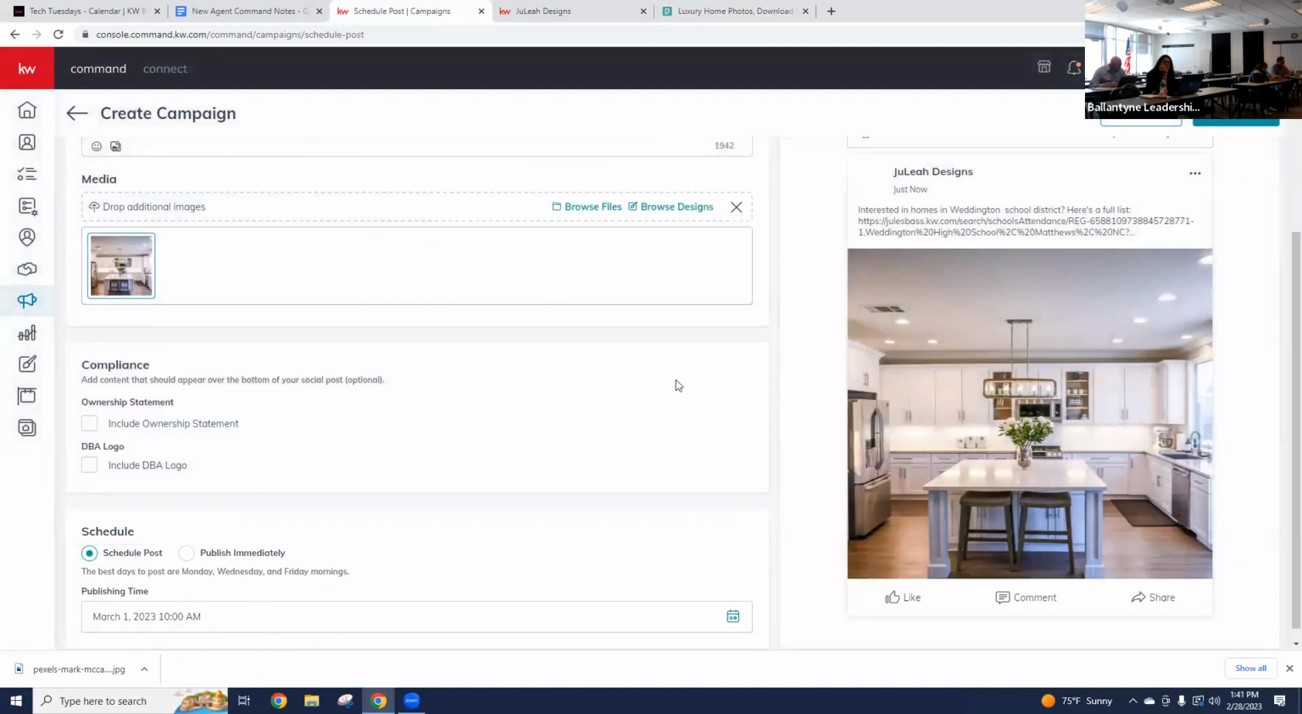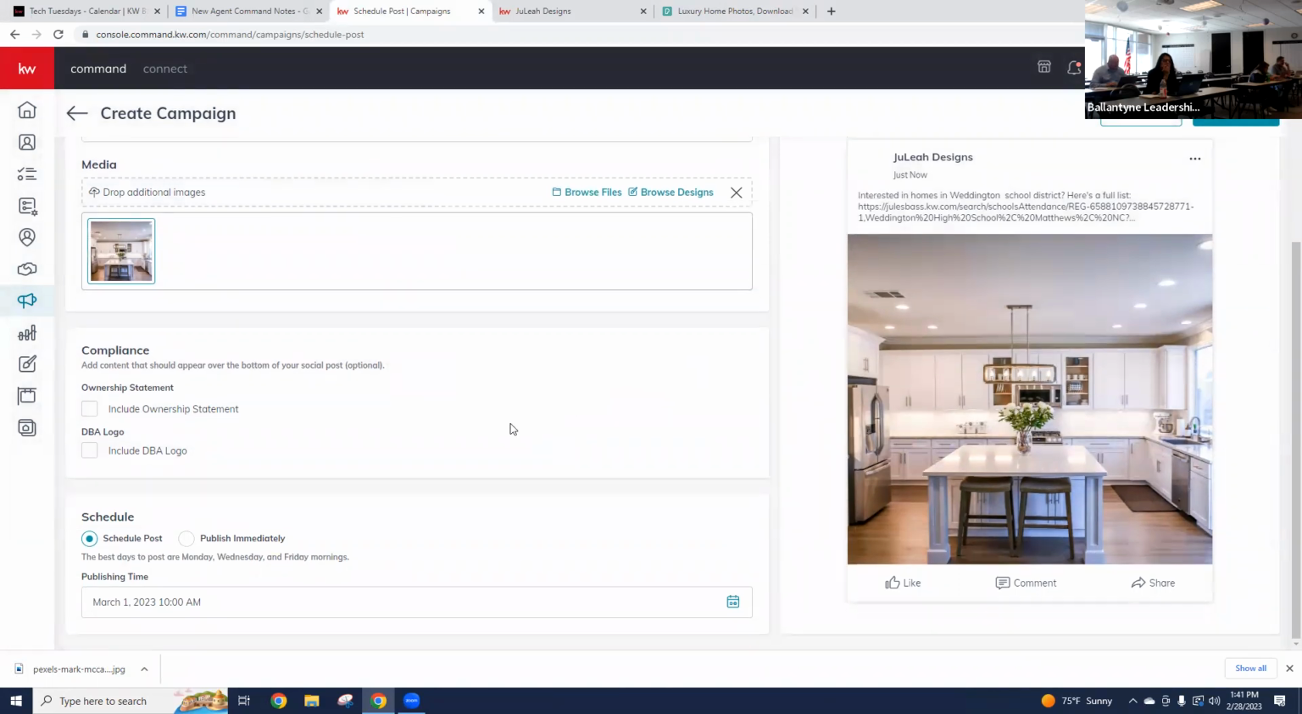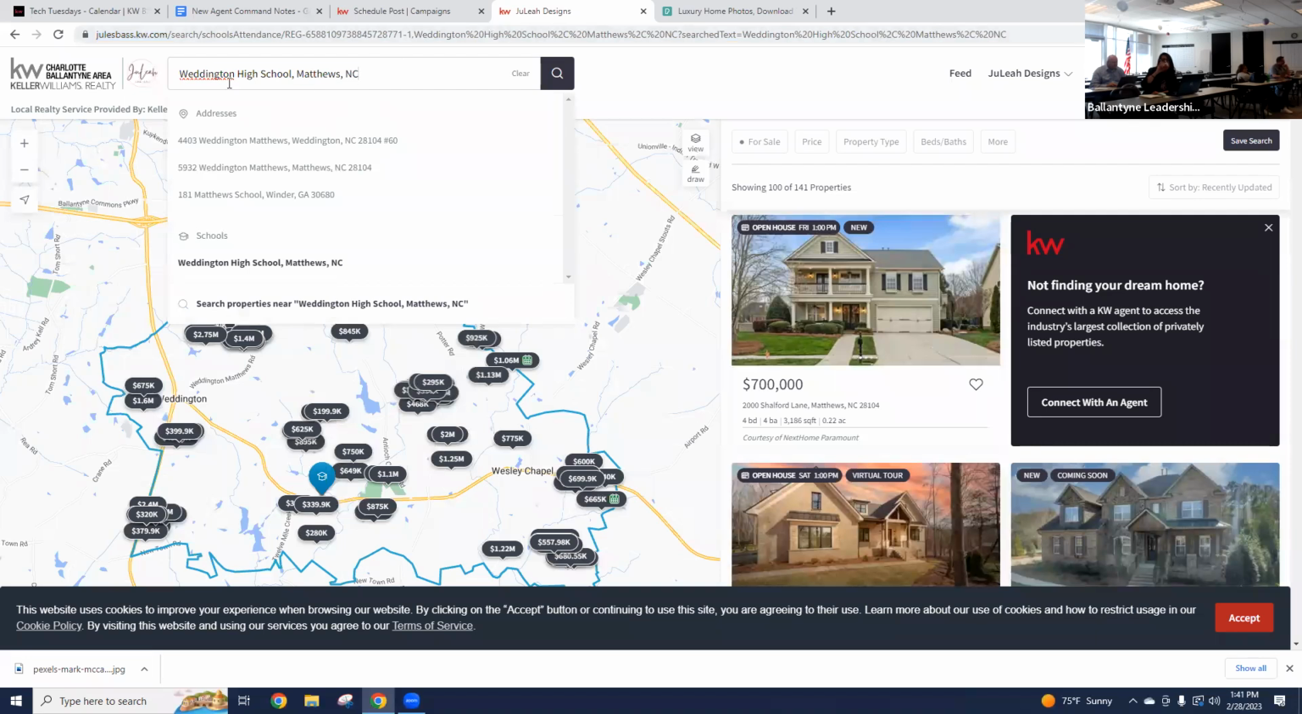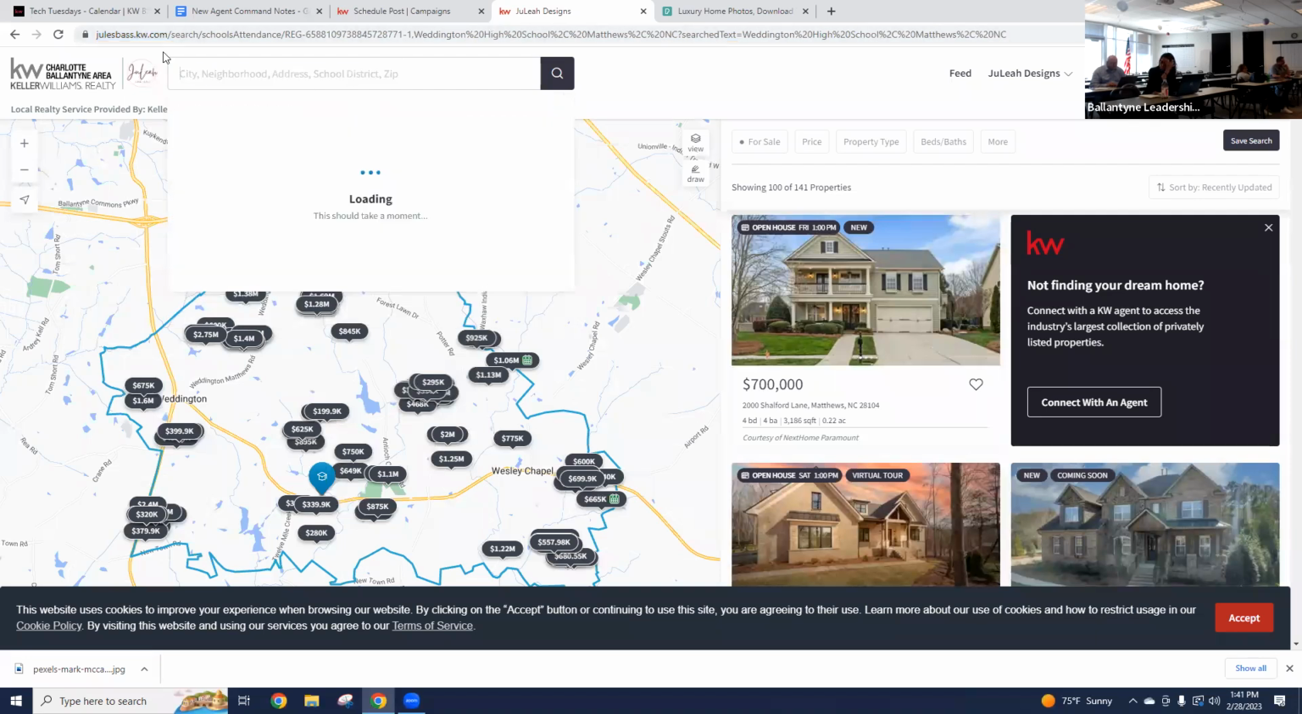So that will make it look a little more like a Weddington. If they click on there, that would bring them to the home kind of deal. Now, there are so many searches that you can do on your website. It doesn't have to be by school district. If you wanted to do farming a neighborhood, or even Charlotte in general, if you want to do the city,